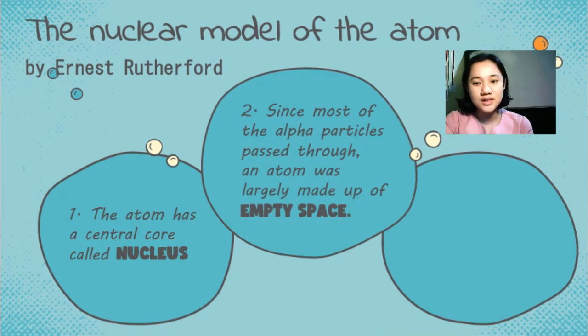Second, since most of the alpha particles passed through, an atom was largely made up of empty space. So mostly, the atom has nothing around it